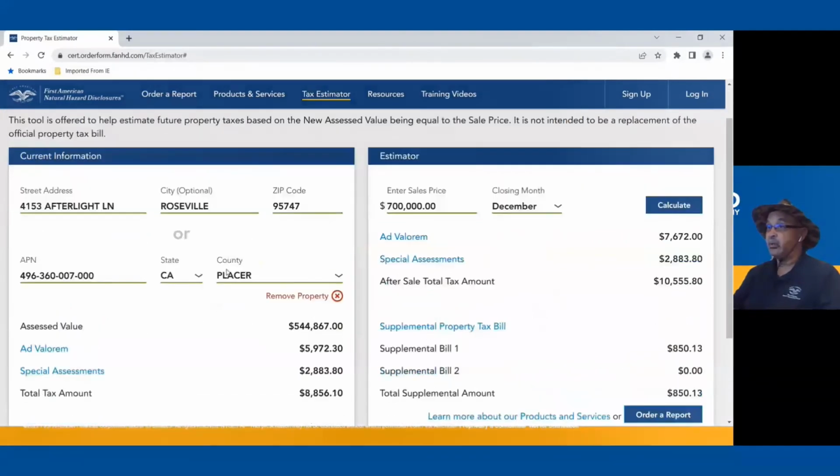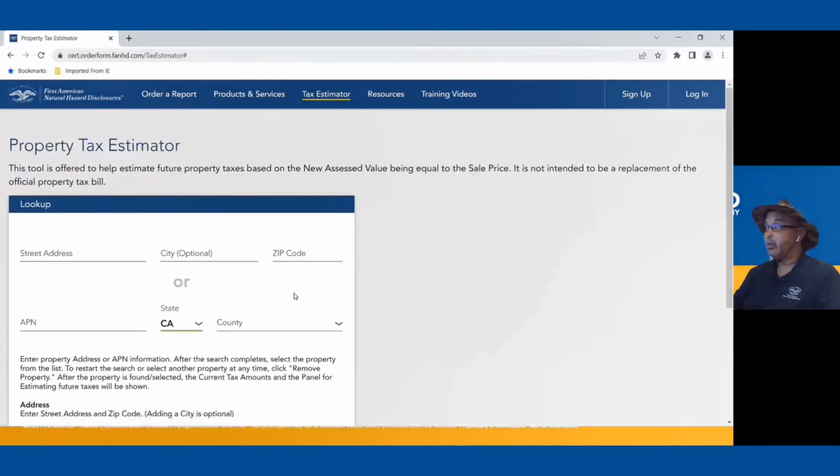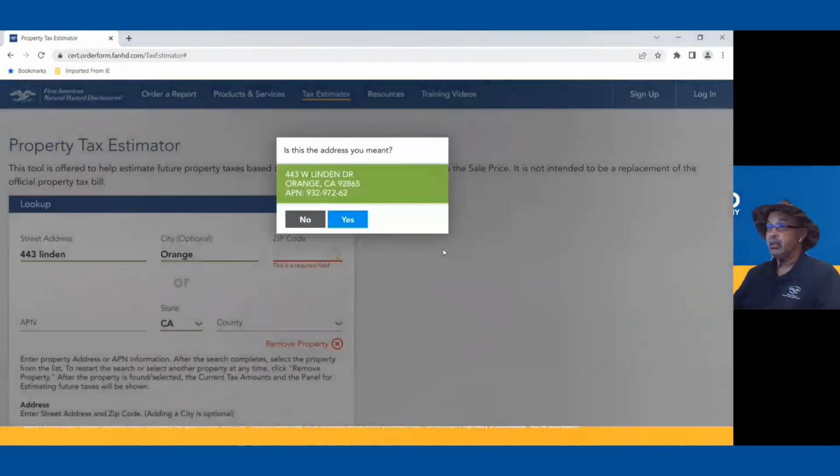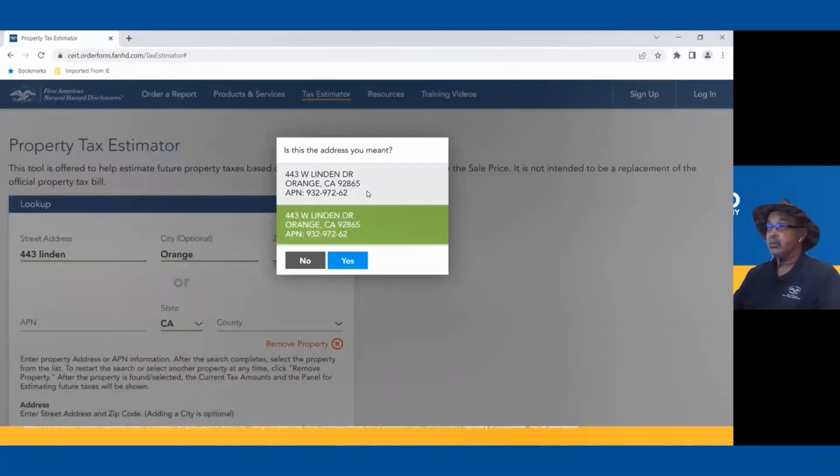If you wanted to search for another property, you click remove property, and let's go ahead and put in another property. And this property is in Orange. And then we'll select the property.